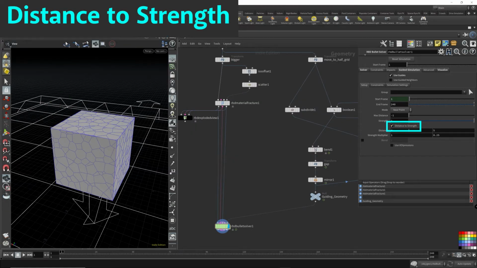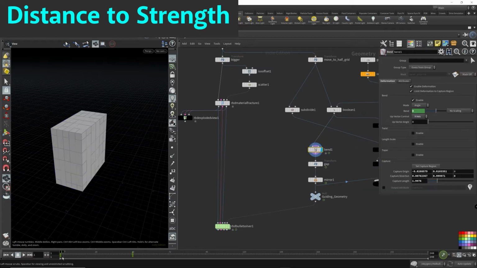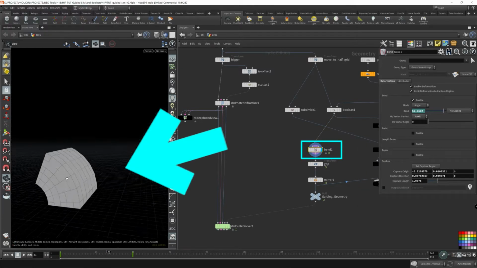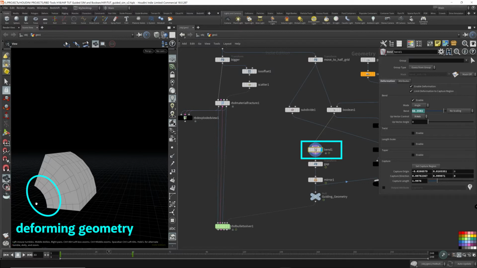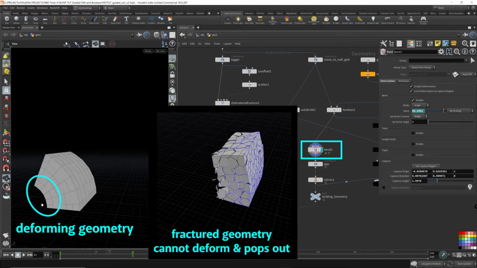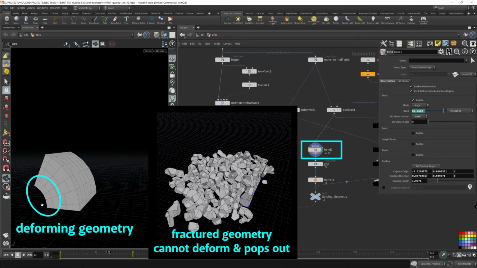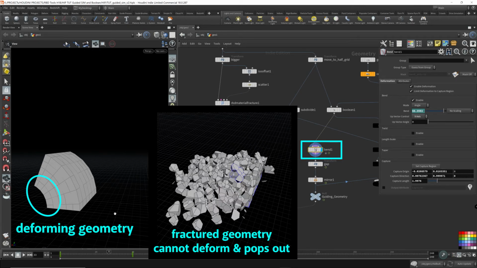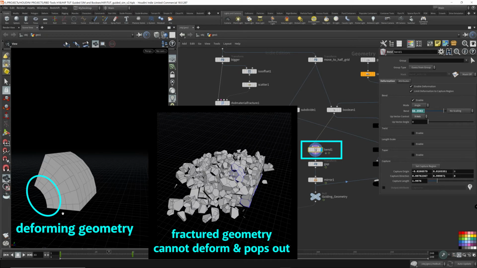Now, as the fractured geometry is being influenced by the bending geometry, some of the pieces on the bottom get popped out, as well as some of the pieces on the top, but more so on the bottom. As the fractured geometry bends, there's less space on the bottom. So let's take a look at this bend. As you can see here, there's less space. This geometry is actually deforming, but our fractured pieces cannot deform. So as this bend is happening, our pieces on the bottom here are going to get popped out because there's no space left. They're being pushed out of their confined spaces.